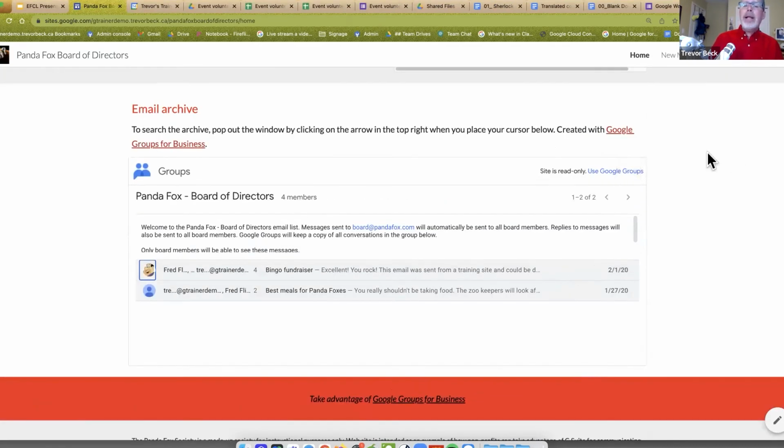The other part of it is we have what's called an email archive using Google Groups for Business. So Google Groups is the ability to have something like a listserv. I send out an email to one address, and it automatically gets sent to everybody else. The nice thing is I, as the owner, only have to go in and update that listserv, or email list or distribution list. As long as I keep that up to date, everyone else is going to be able to receive email messages back and forth.